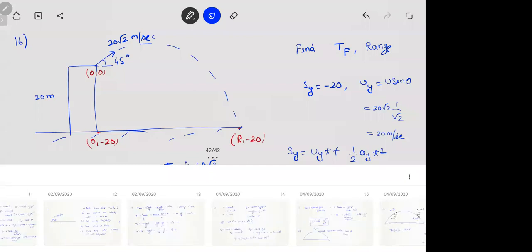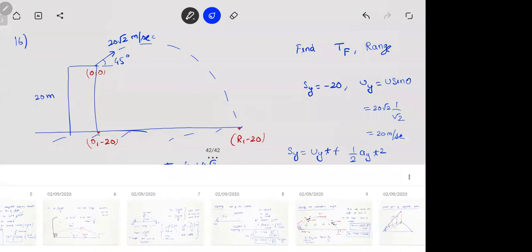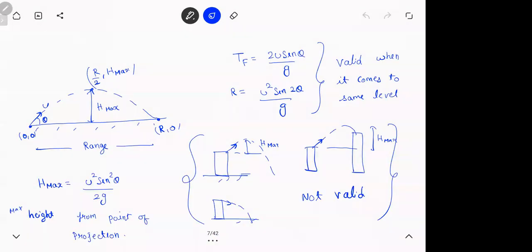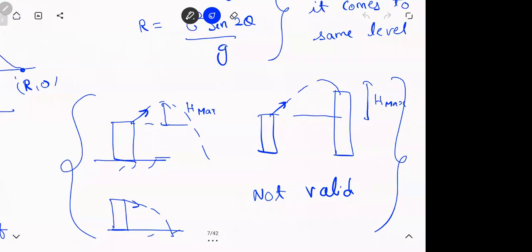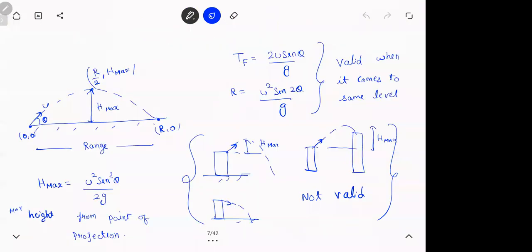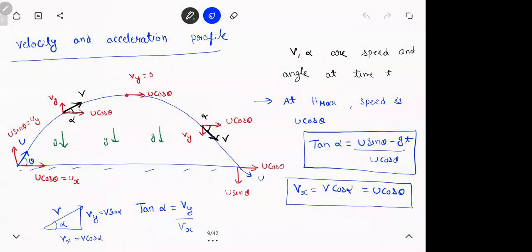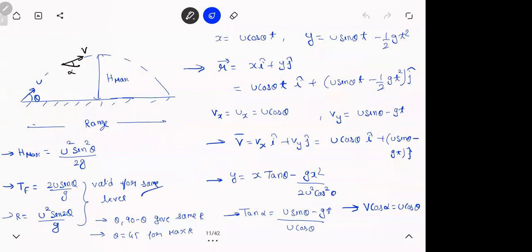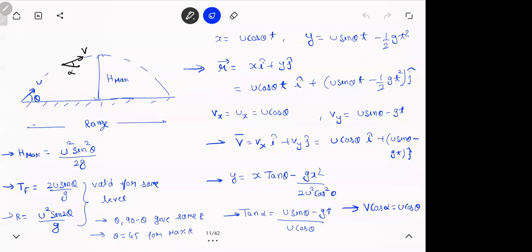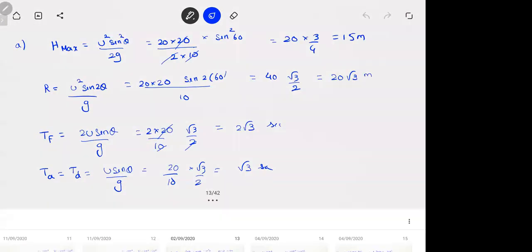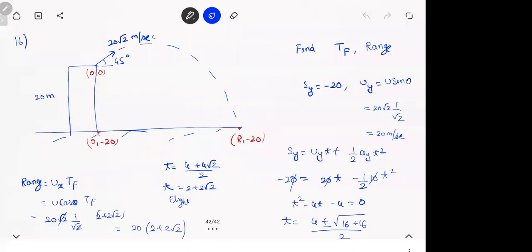I wrote that thing at least three times, I suppose. Can you see? Not valid. We made a note also, clearly it is not valid. And not the first time. When I wrote that full table again, valid only for same level. Are you coming to the same level? No, no. So be careful. Don't mix up the formulas. Any doubts on this thing, please ask me.